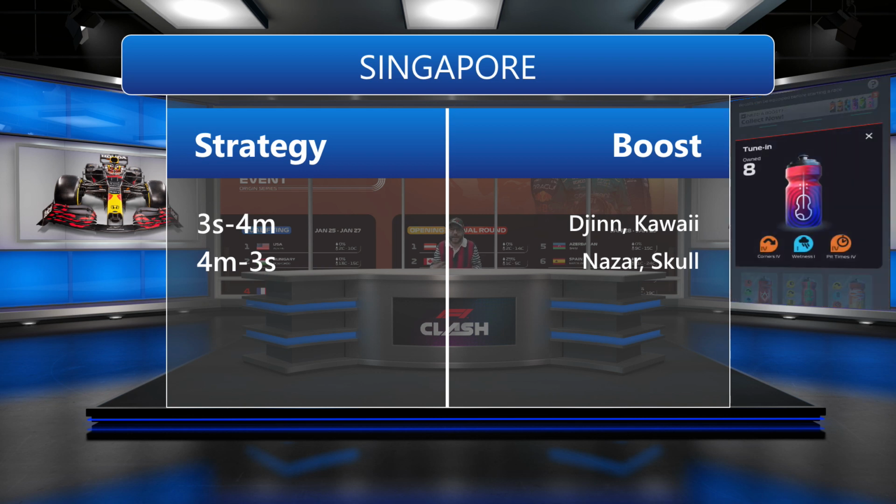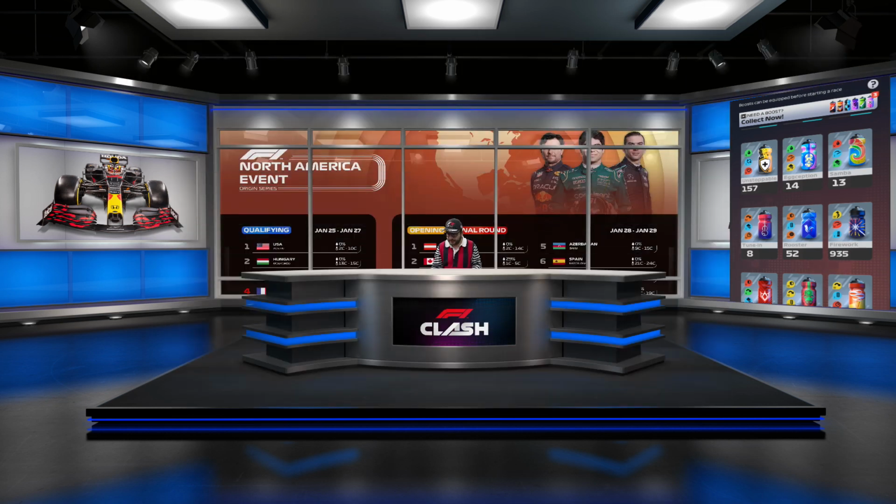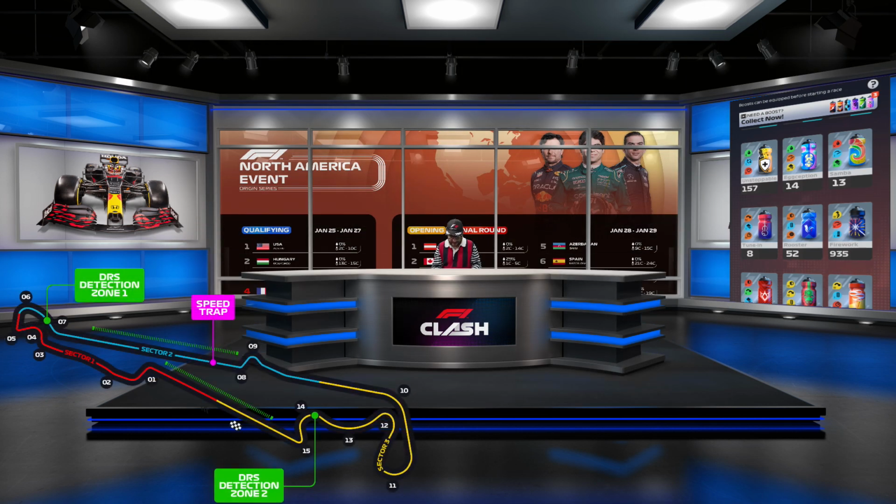But let's keep it for rainy days. Let's keep Tunin for rainy days. But it's good. It's a very good boost for corners too. So that's it for Singapore. And our last track,